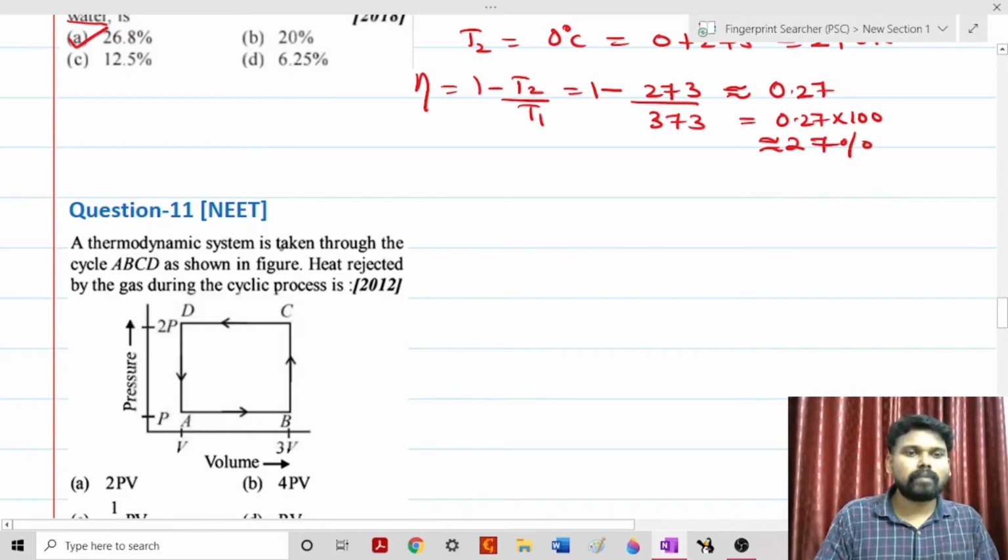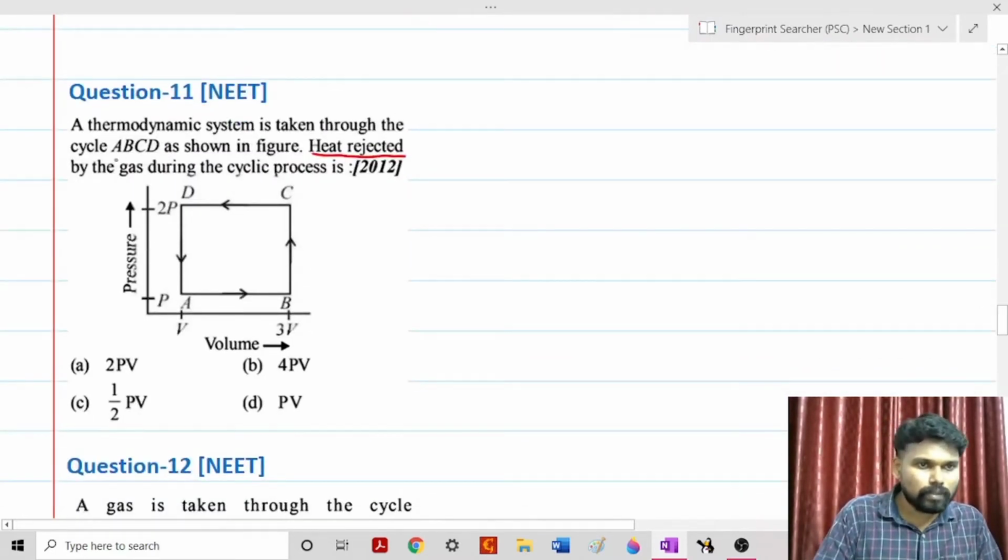Next question. A thermodynamic system is taken through the cycle ABCD as shown in the figure. We have to find the heat rejected by the gas during the cyclic process. So this is the cycle, ABCD. A to B, B to C, then C to D, and it is back to A. Then only it will be a cyclic process. It's a cyclic process. So since it is a cyclic process,